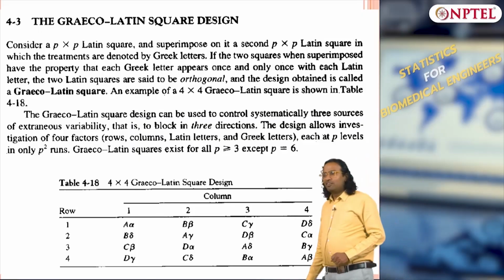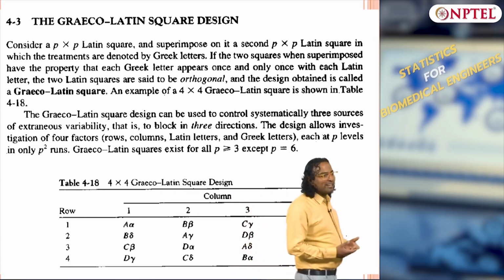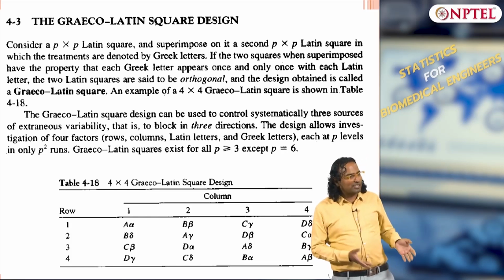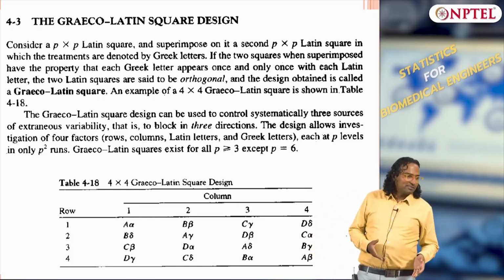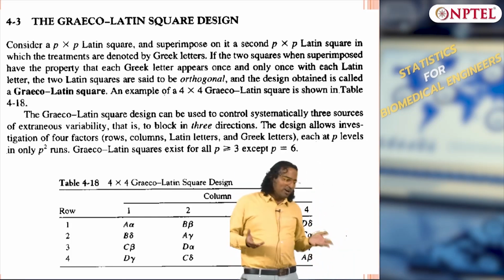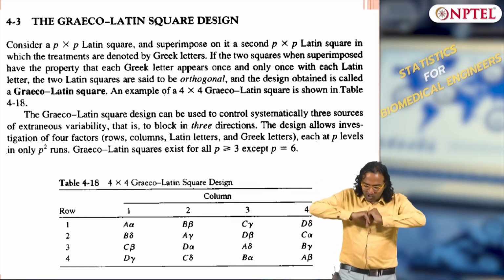The final one, for the next step, is what? I have done only 2 nuisance factors, right? 2 nuisance factors plus 1 treatment, that is what your Latin square is. Now I am going to do Greco-Latin square, where I am opening up a Pandora's box and saying, look, I